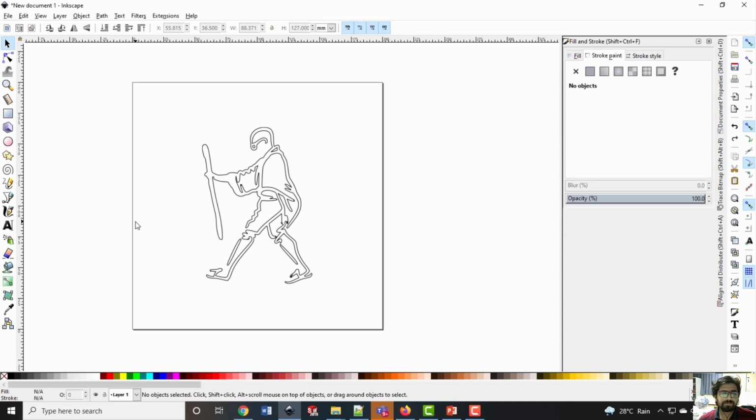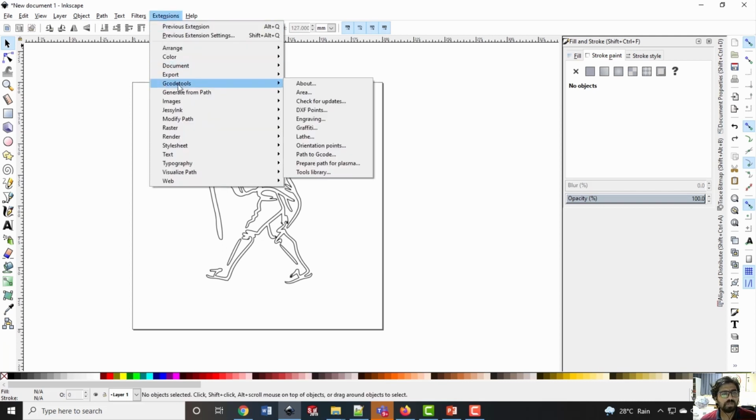Now our steps towards generating the G code will start. Please note that Inkscape doesn't understand whether it is adding the material, it only understands that it is going to remove the material. But our main purpose is to extract the G code for a 3D printer, so whether it is assuming it's cutting the material or adding the material, we can manage with that. So the first step towards that, we should go to the option called extensions. Here there is an option called G code tools.